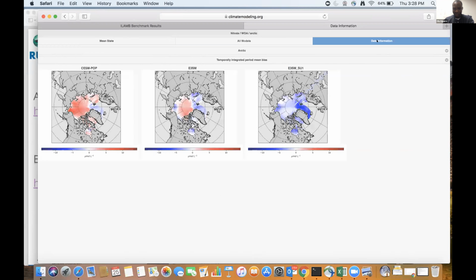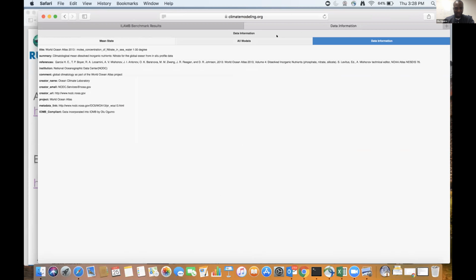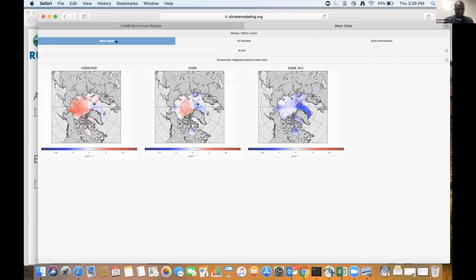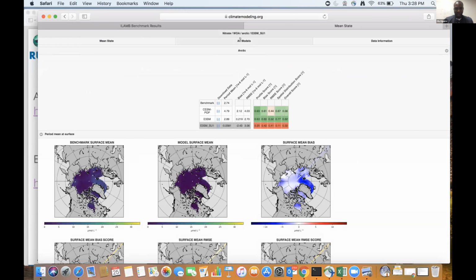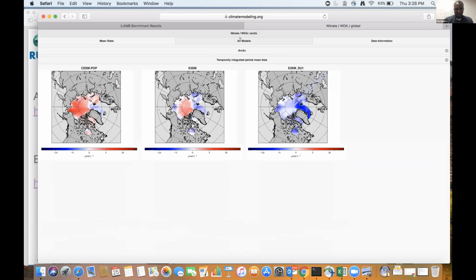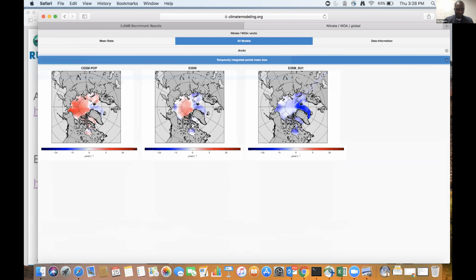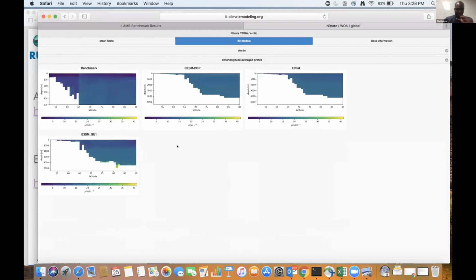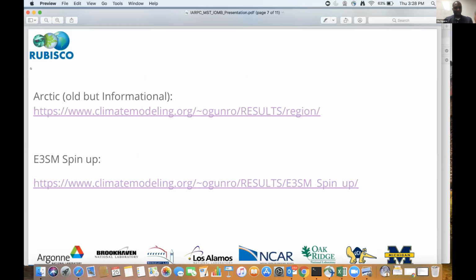And I think there's the data information, so you could see some of the data stuff over here. Basically, what else? You go back into the model, our model, Arctic, and then you could see the RMS, you could see the profile as well. Okay, you can see the profile. So this section, we're currently working on this section as well. But the main point is that you could go into this and begin to look at maybe the profile or the region of interest, in this case, the Arctic. Okay.